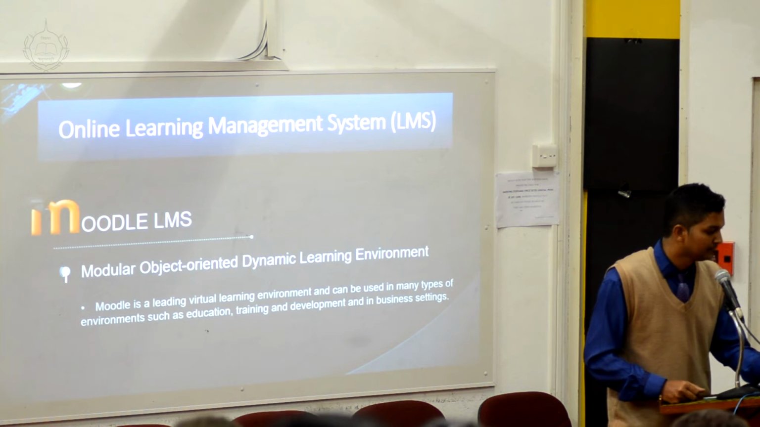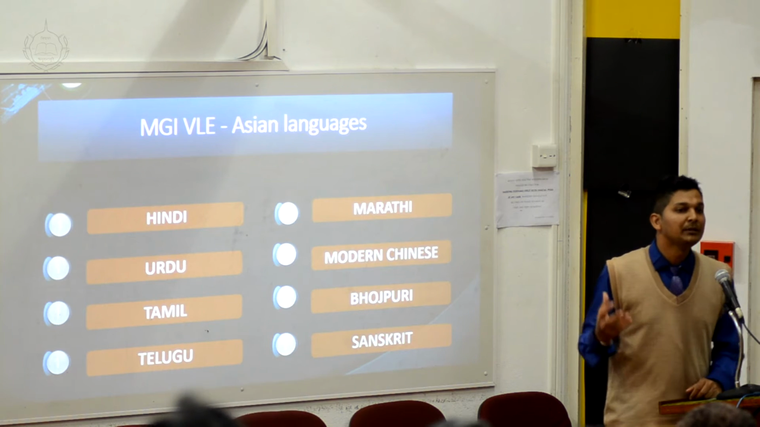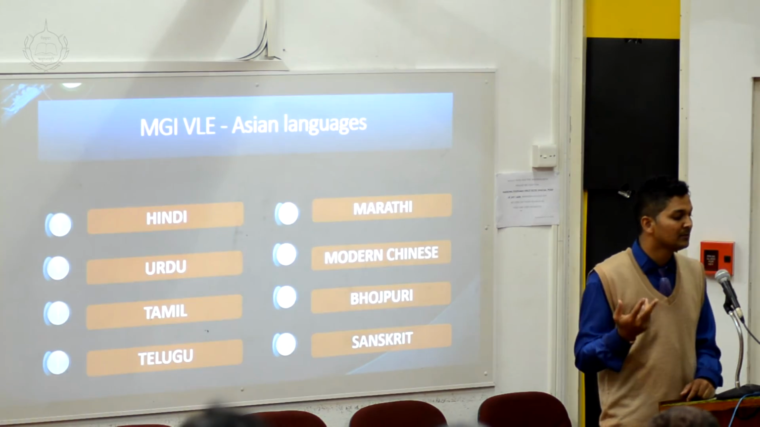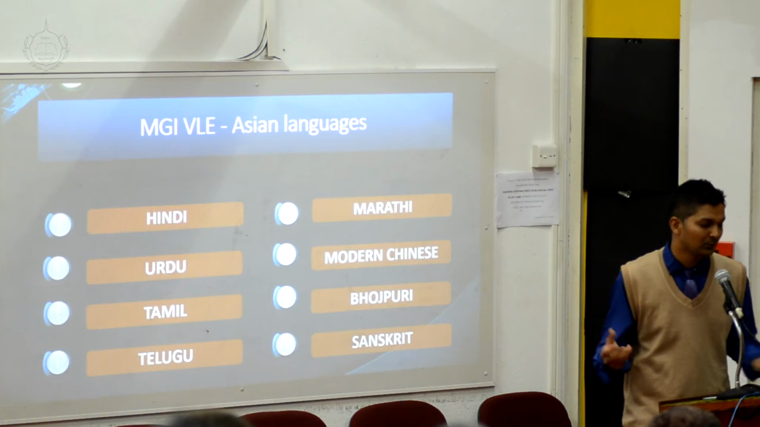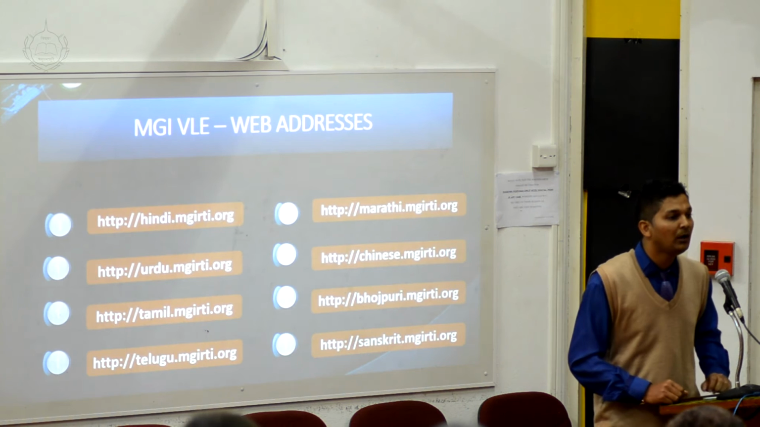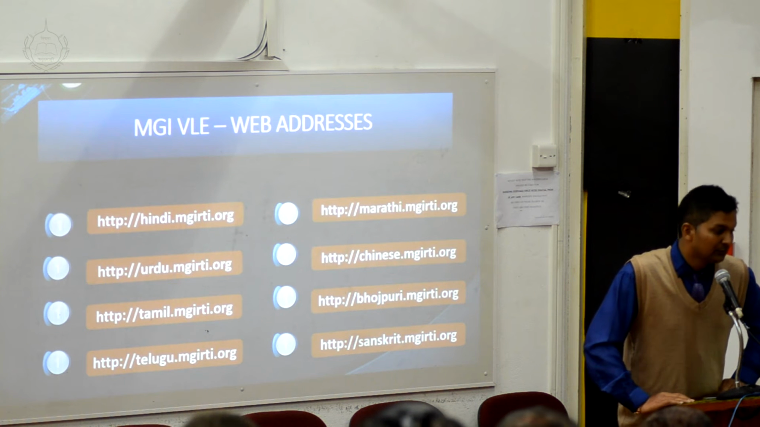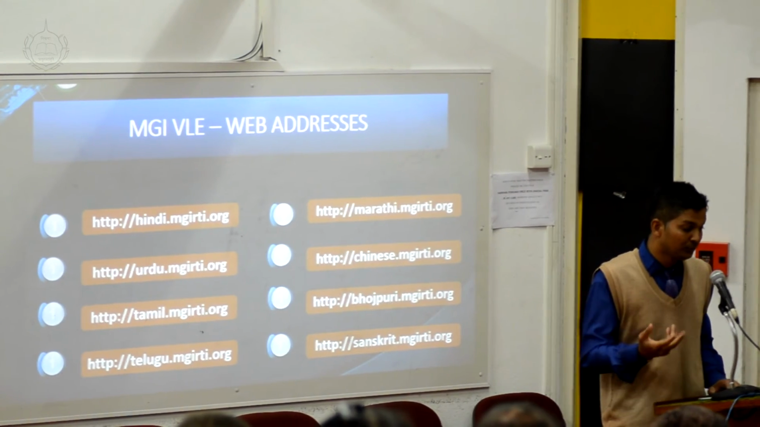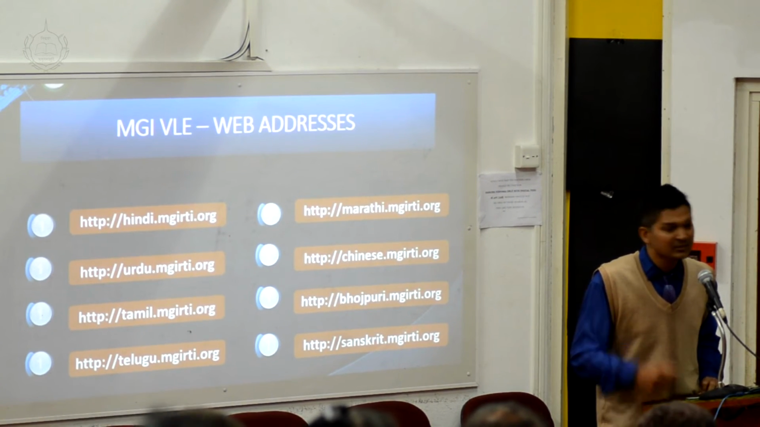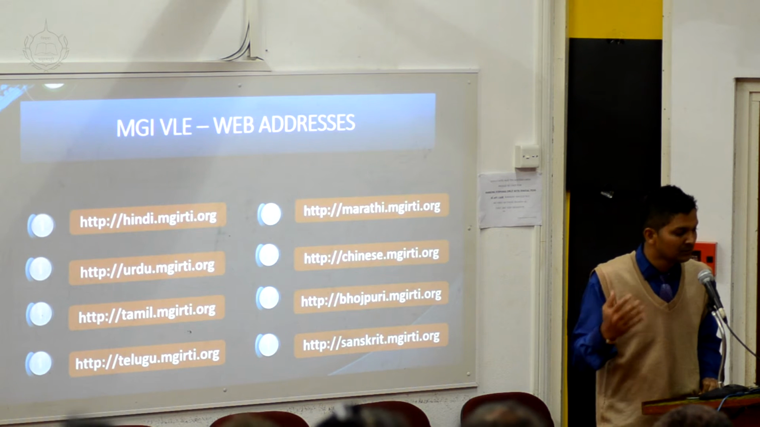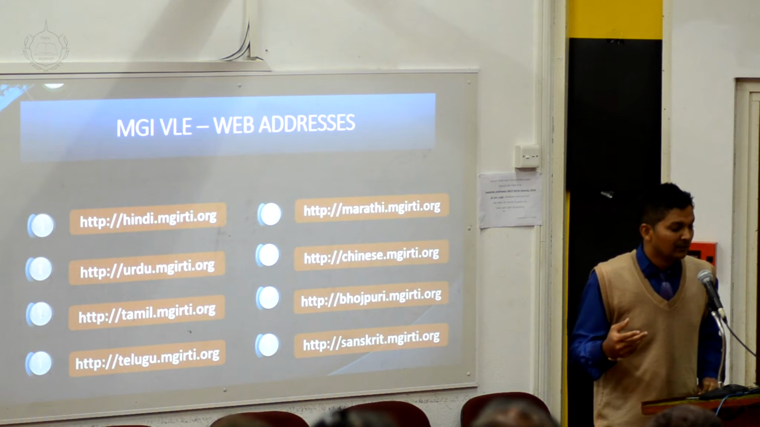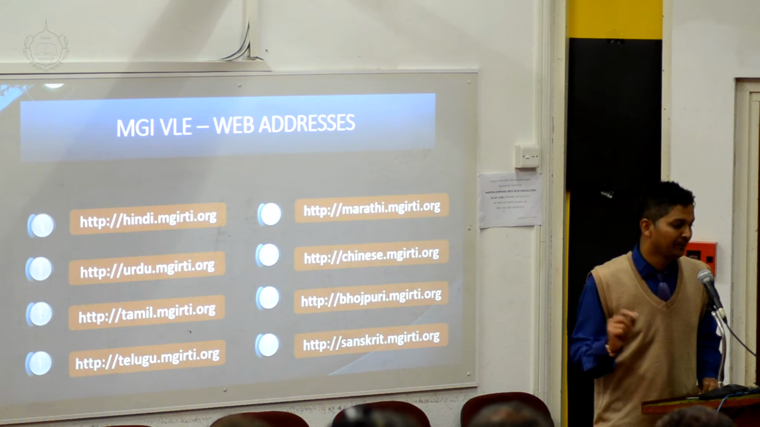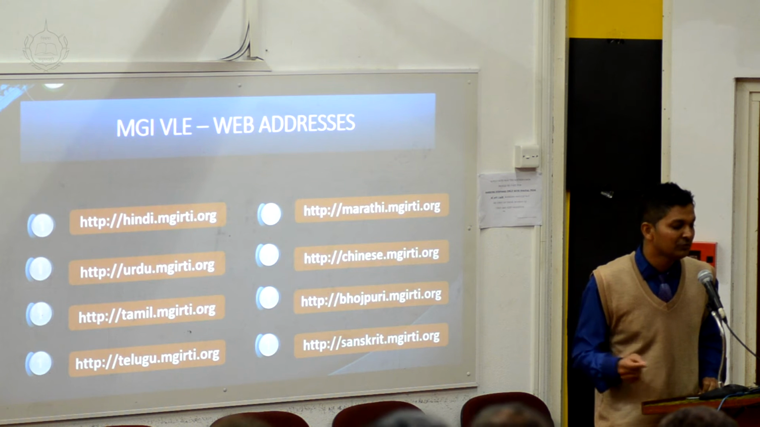Our virtual learning platforms are in Hindi, Urdu, Tamil, Telugu, Marathi, Modern Chinese, Bhojpuri, and Sanskrit, in total 8 languages. The addresses for our introductory courses are: for Hindi, hindi.mgirti.org; Urdu, urdu.mgirti.org. You just have to add the name in front: Tamil, Telugu, Marathi, Chinese. But remember, for Chinese, not Modern Chinese, it is chinese.mgirti.org. And for Bhojpuri, bhojpuri.mgirti.org, and